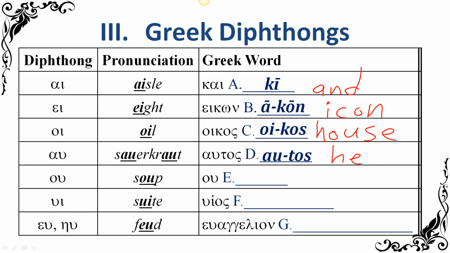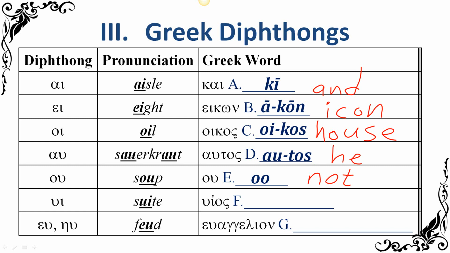All right, and then the next one actually wasn't too bad to remember because it's actually a word in Greek as well. The diphthong is a word. So omicron upsilon sounds like the oo in soup. So it's just oo. That's a word. Yep, oo. And it means "not." So if you were to say oo kai, you'd be saying "not and."